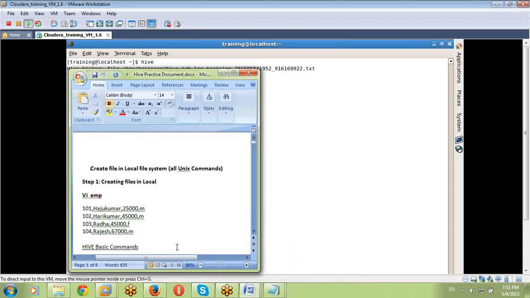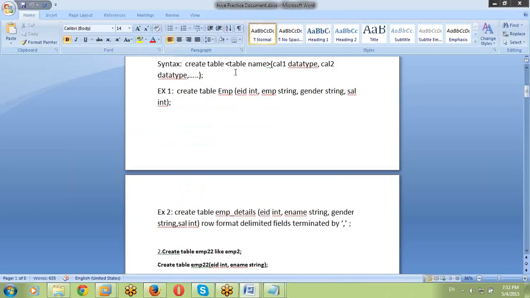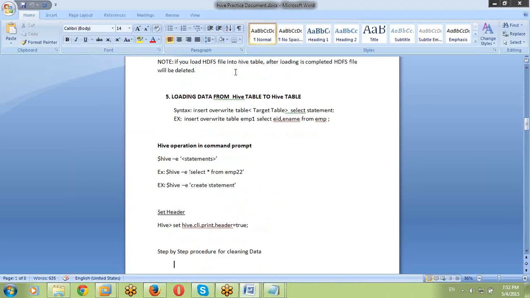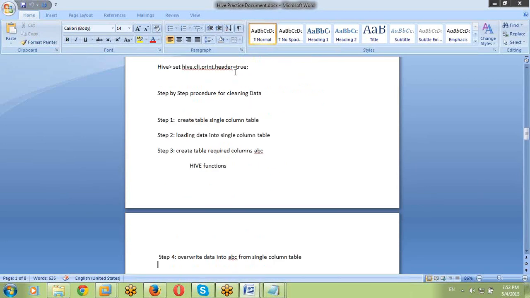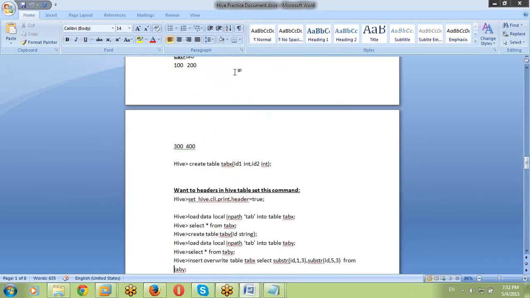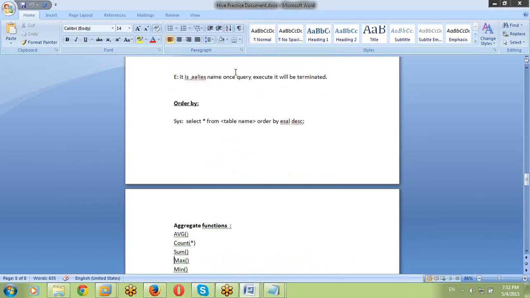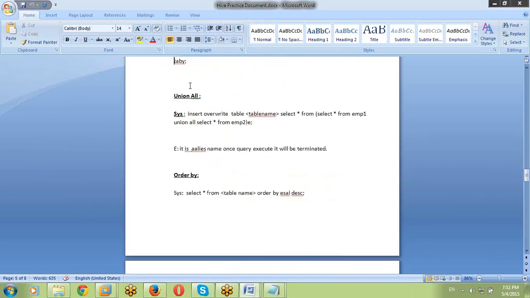For example, I have a table available. I want to apply union. I have two tables, and I want to combine them into one table by using union. I'm applying those union combining operations. Order by is helpful for some other purposes.